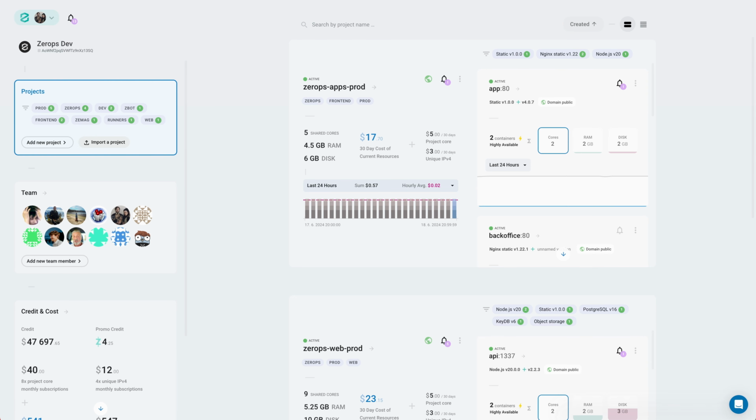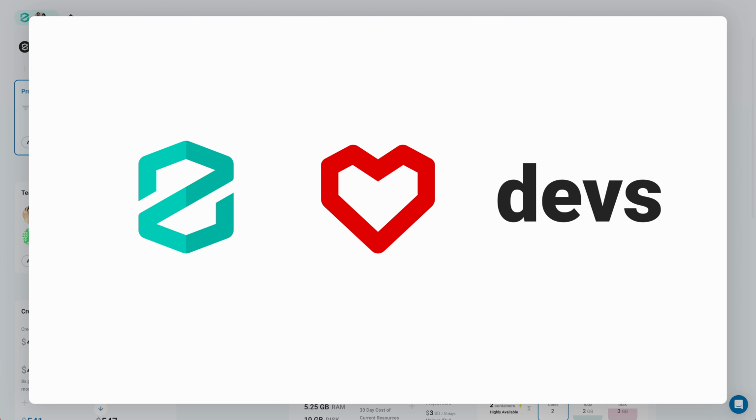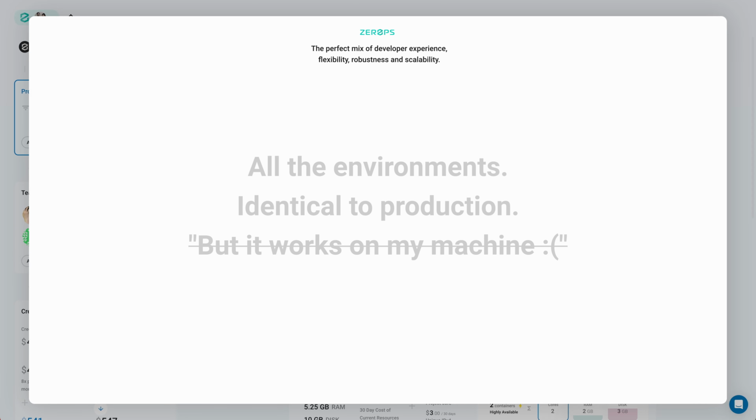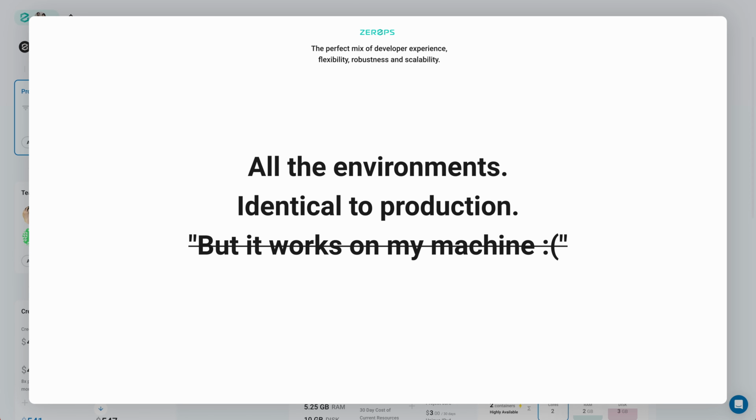So what truly sets ZeroOps apart and makes it a developer-first platform? The vision is to create the perfect mix of developer experience, flexibility, robustness and scalability, and make developers' lives easier by encouraging the use of as many environments as needed, even one for each developer working on a project. All these environments should be as close as possible to the production environment.